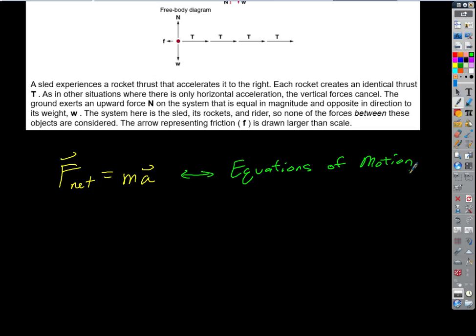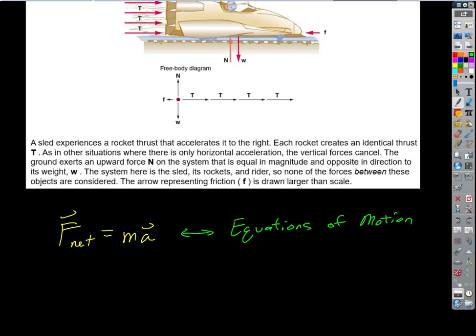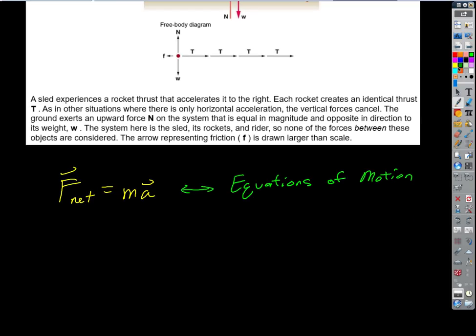And all they really say is, we could kind of reverse engineer this. We're kind of working backwards because this represents the resultant vector, right? That's where we're trying to end up. So if we work backwards, this comes from the components of the net force, right? Just like before, the resultant came from r sub x and r sub y. So we want to come up with equations that represent the x and y components of that. Well, don't those just come naturally from the free body diagram? Because we've got this broken up into the horizontal forces and the vertical forces, right? So we could break this down and we could say this came from